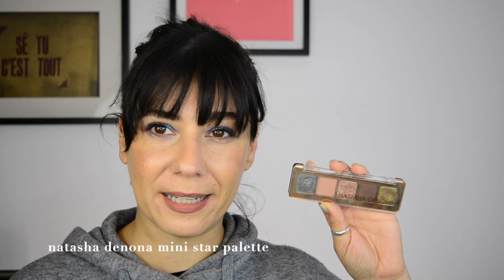And then for the eyes, I'm bringing the Natasha Denona Mini Star Palette because it has in the center 3 more boring shades and 2 of them are mattes, and then it has these more colorful shades on the outskirts. So if I'm in the mood for a bit more of something, I have options in this one. Although I'm loving the Natasha Denona pastels and all of that, and my new Glam Shop and JD Glow